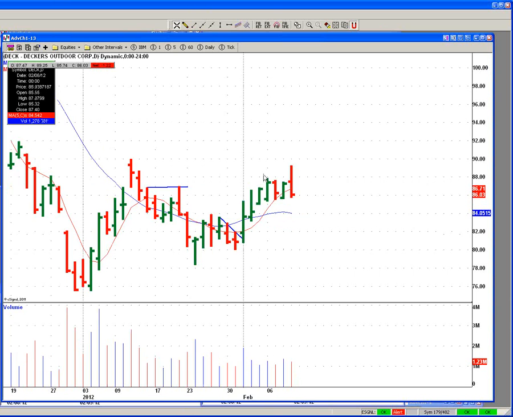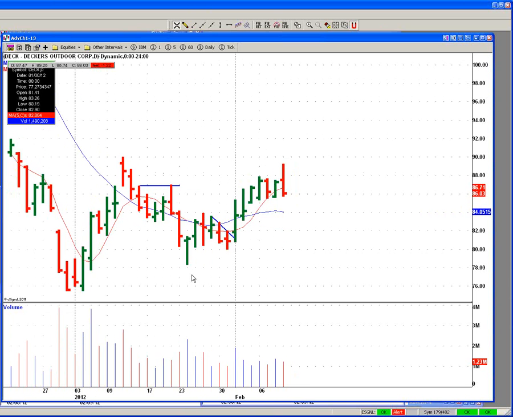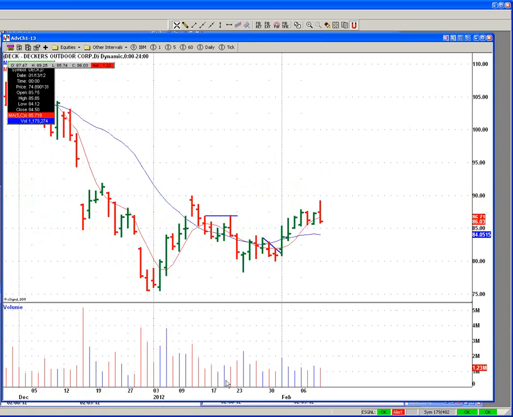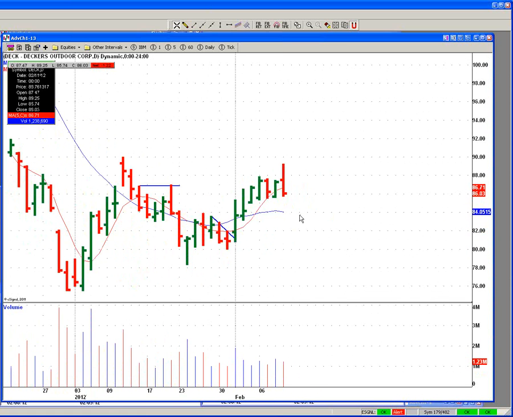Inside days and dojis are probably one of the trickier patterns to trade, essentially because they represent one of two things. They're either going to be a rest in the current momentum, or they're going to be a reversal in the current momentum. And you're not really going to know whether it's a rest, a continuation, or a reversal until price actually reveals itself. And so in the case of